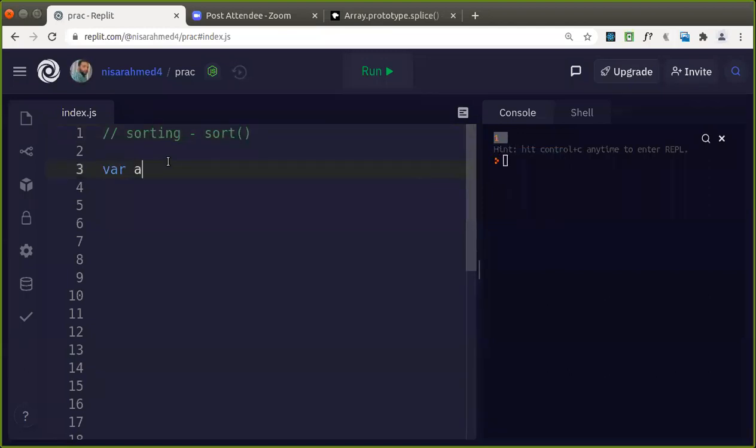Let's see here. Suppose we have an array with names. Let's take here Ali, Ravi, Zavi.